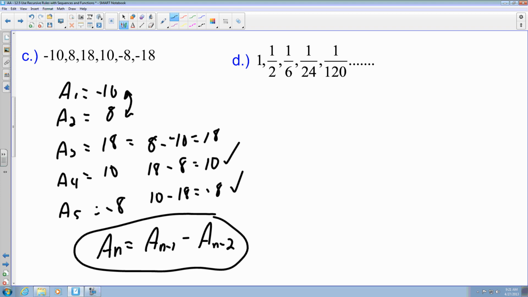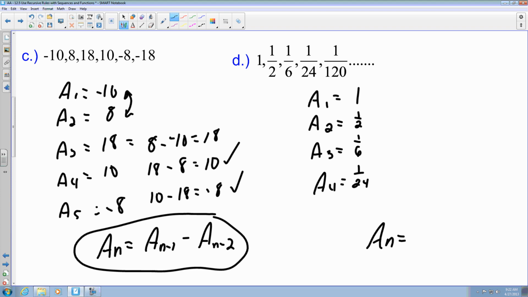For D, I have a sub 1 equals 1, a sub 2 equals 1/2, a sub 3 equals 1/6, and let's say a sub 4 equals 1/24. So it seems like there's really no rhyme or reason for the pattern. But actually what I was able to find out, so if I go a sub n would equal,